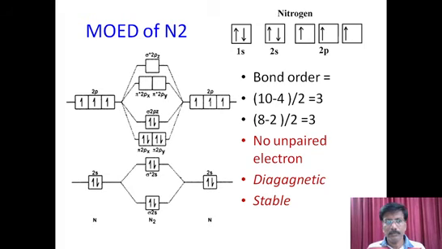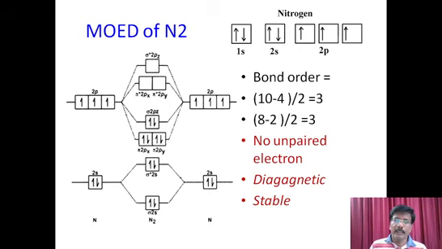Let us try to understand another molecule. This is nitrogen. Here we have to understand again what the basic atoms involved are. Here N2. Nitrogen means on both sides it is nitrogen. Let us take the configuration of nitrogen. What is the total number of electrons present in nitrogen? We all know it is 7. The configuration is 1s2, 2s2, 2p3. Already it is given on the upper side. So 1s2, 2s2, 2p3.